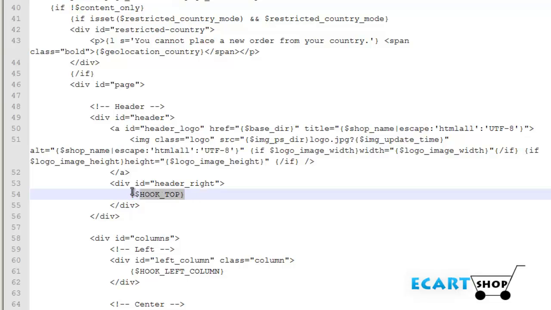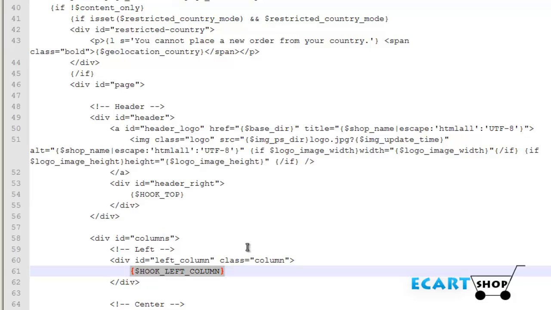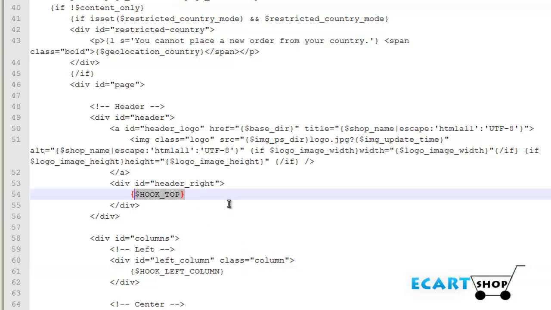This is very important. I suggest you keep those hooks with the same name, because I'm going to show you later how you create a new hook. I'm going to explain how a hook is built. So to increase the portability of your template is very